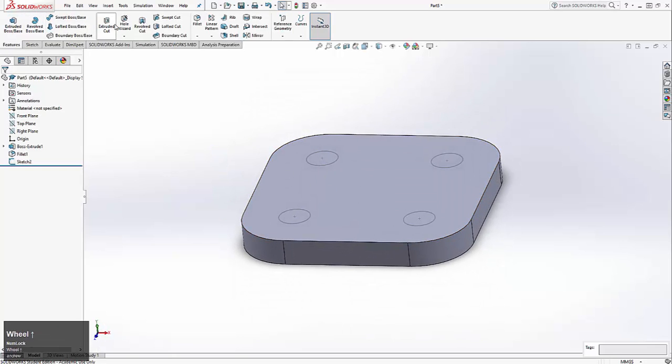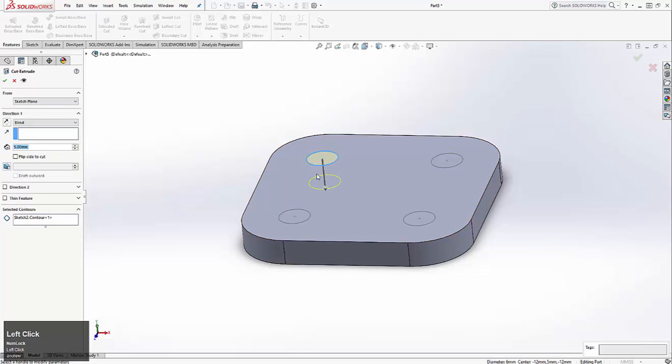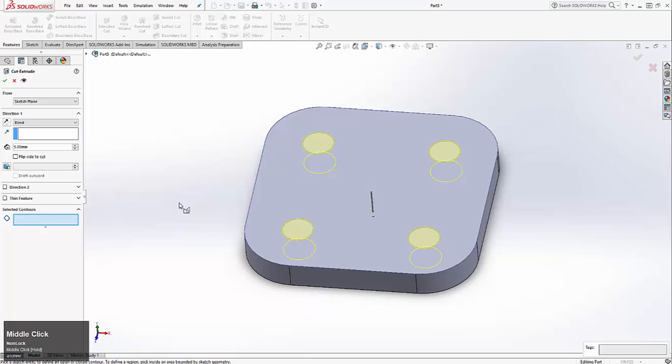There's the sketch. And then we're going to come to extrude cut. You can click on it over here before you go into extrude cut, or you can just click on the sketch directly. But that's kind of weird, because I drew 4 circles and only one of them is cutting through, and that's because of these contours. This is one of the things you may run into if you select the sketch over here instead of the whole thing on the left side. The easiest thing you can do is just clear selection, and then for the majority of the time, it's going to do what you want it to do. It's going to just do the default